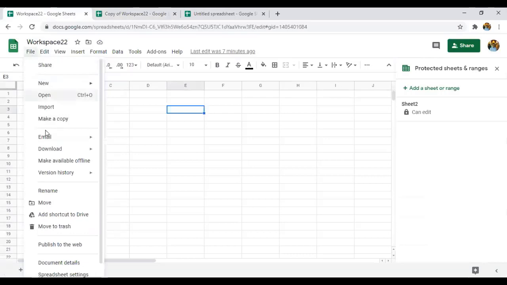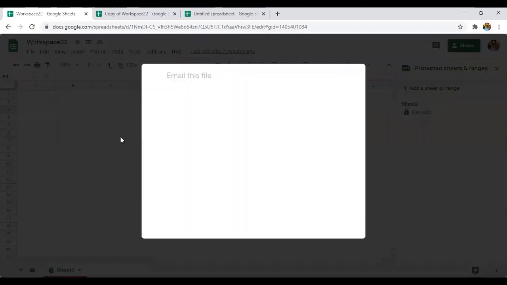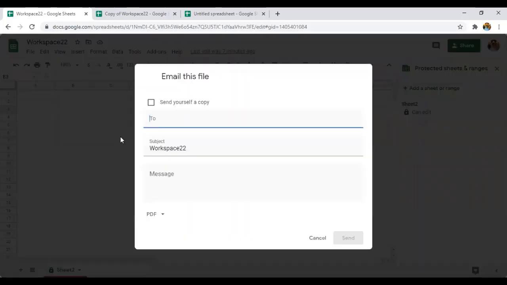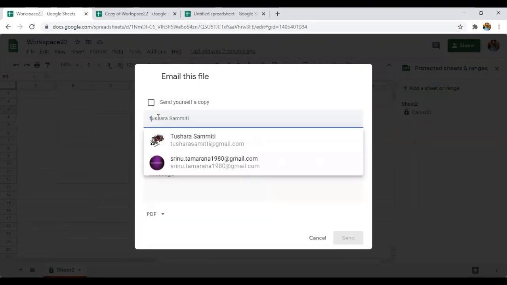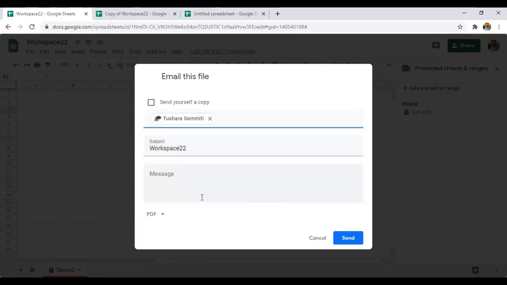And if you want to mail the sheet that you are working on, you can see mail this file, mail collaborators. If you click on mail this file, you can choose whom you are going to send the copy to. So I was sending the copy, and you can add any message.